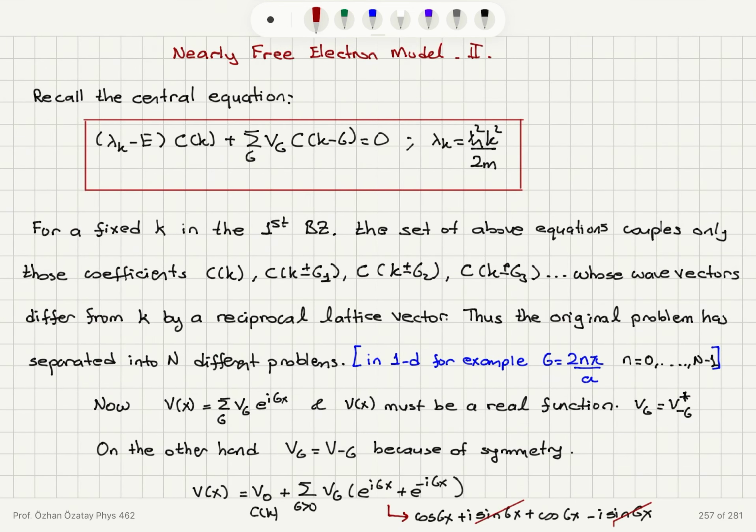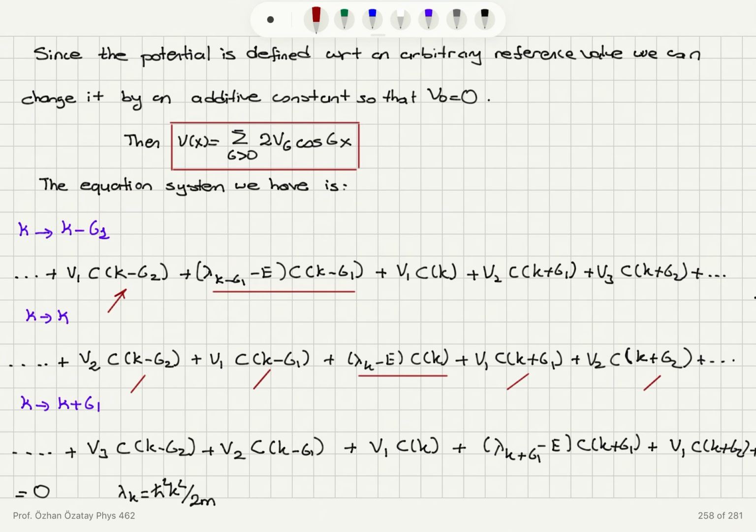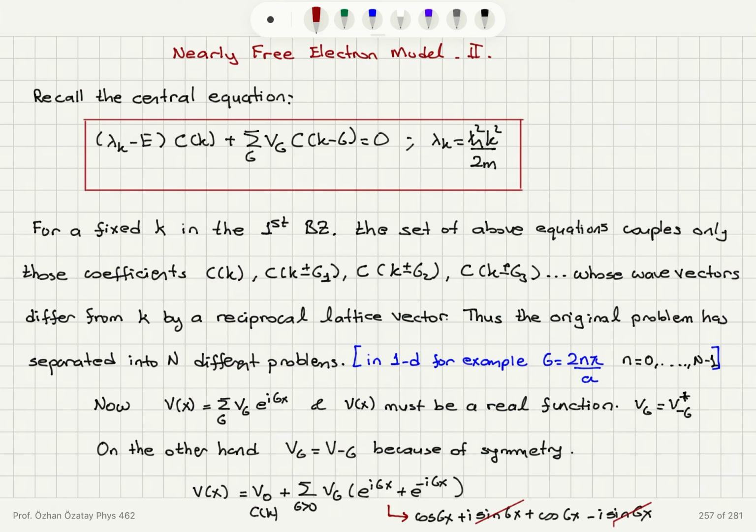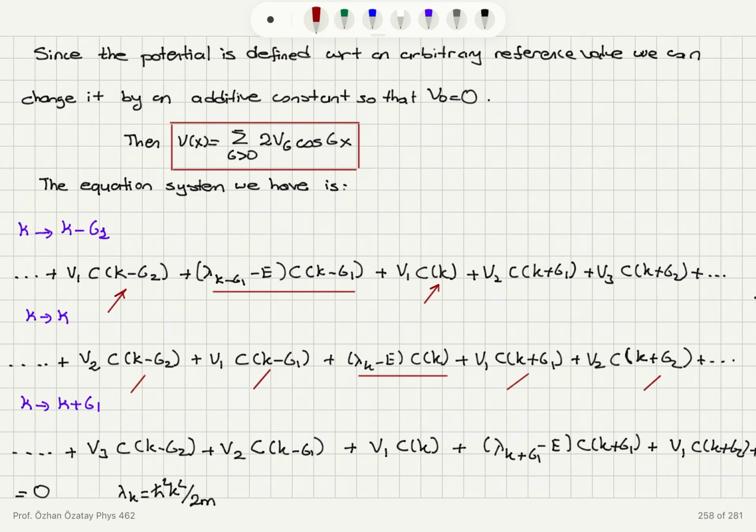For G equal to minus G1, I will have V minus 1, which is V plus 1. Then I will have C of K plus G1 minus G1, which is K minus G1 plus G1, that will give me V1 C of K. And then for the second term, V2, I will have C of K minus G1, and I'm going to be